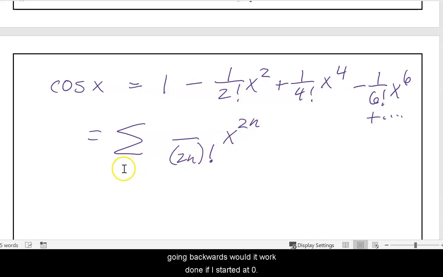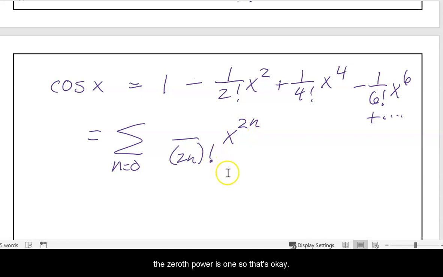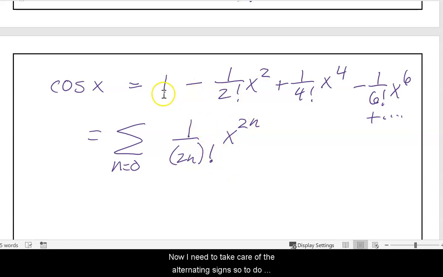Going backwards, would it work then if I started at 0? If I start at 0, 0 factorial is 1, so that's okay. And x to the 0th power is 1, so that's okay. So that will take care of that. And now I need to take care of the